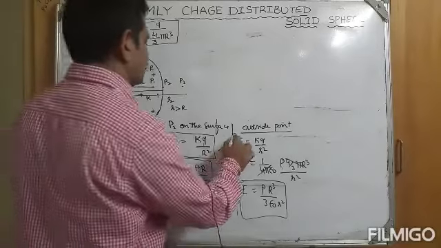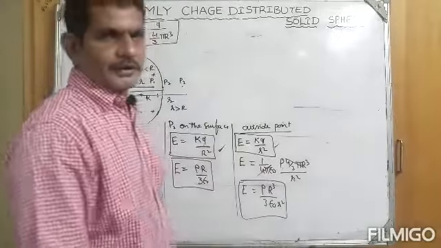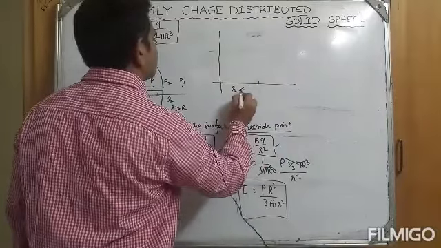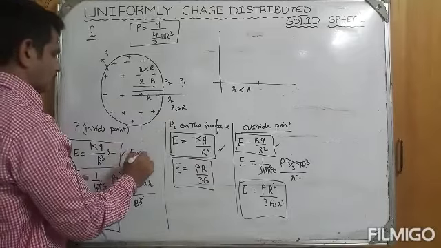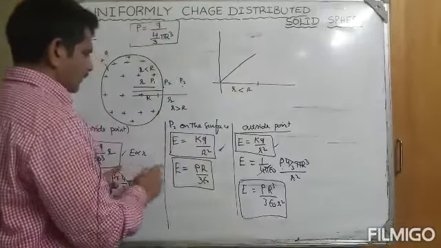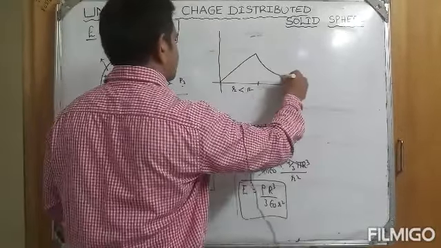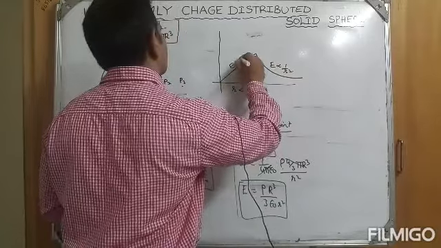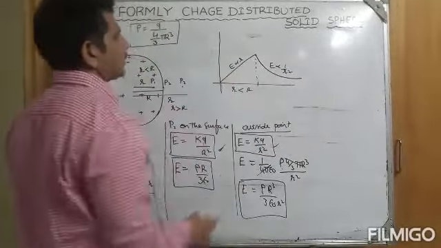So if you take these three or the reference, you will get the graph like this. Inside point, if r is less than R, E is proportional to r, E proportional to smaller r. It will reach the maximum on the surface. Then it follows the inverse square law, E proportional to 1 by r square. Up to the surface it will increase linearly, then it falls with the inverse square law.